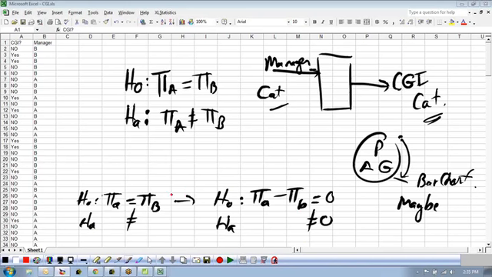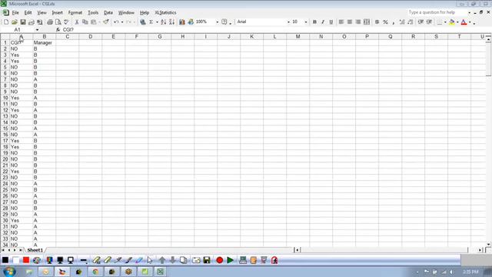Right? Those are equivalent statements. And if I solve this equation, if I move the pi B to the other side, I get pi A minus pi B is equal to 0. So these are two equivalent statements. I just wanted to point that out just in case you were wondering, because it does look a little different. Okay. Back to where we were,